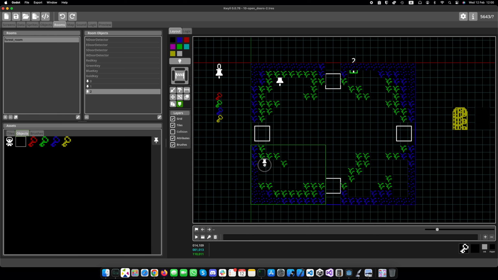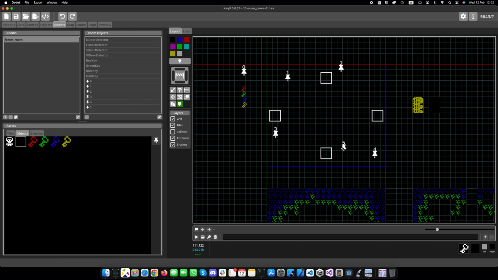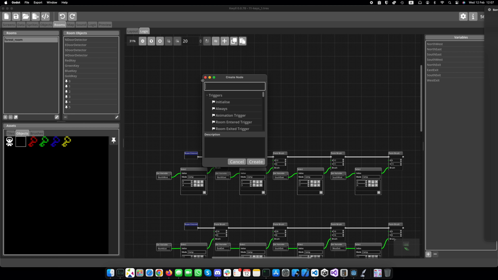So you have to be careful when placing the pins to make sure that the sprite, when put there, will be accessible by the player. So if we delete those temporary brushes, we can now see we've got the 5 locations for our keys. So now to place the keys, we go back to our room logic where we were